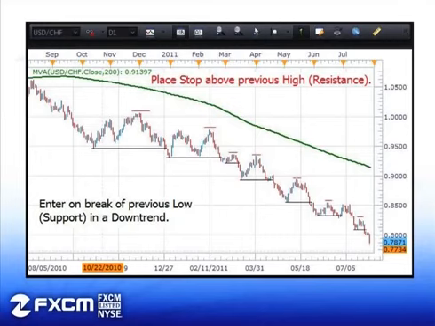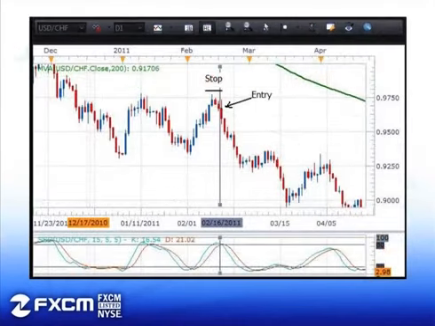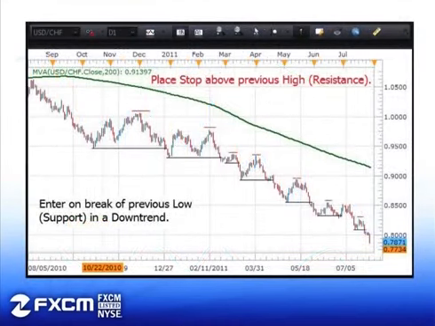You could scale in and put it on another, one lot or micro lot or whatever your account size might dictate. So it took out the old low right there, makes a new low right here, trades up, takes out that low right there. That's another entry point. Makes a new low, takes out that low right there. That's another entry point right there, and so forth. So we can either do it this way, getting in at the top of the move as it rolls over to the downside, or same chart, just a different method of entry, you could get in as each successive low is taken out in a downtrend.